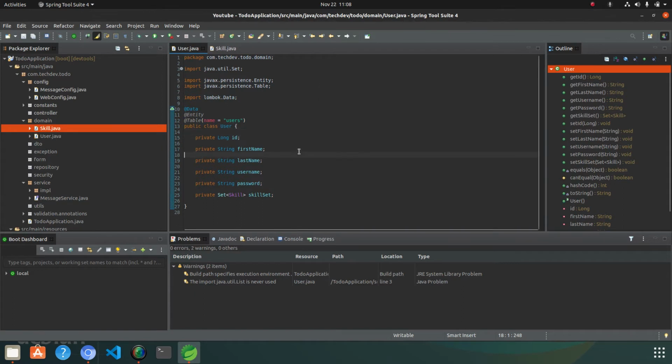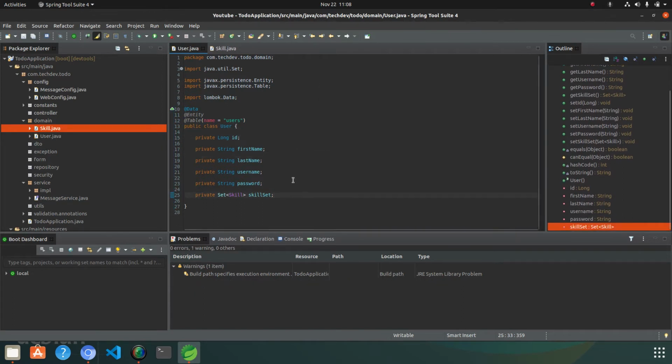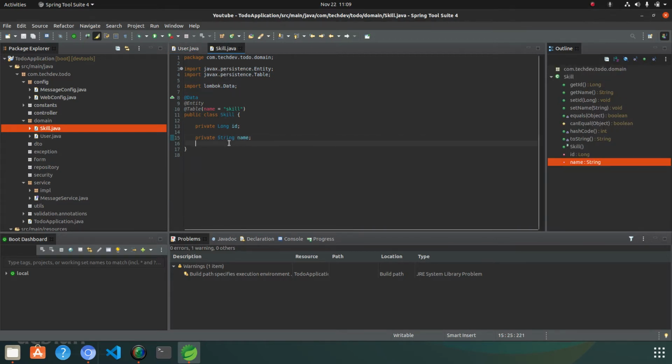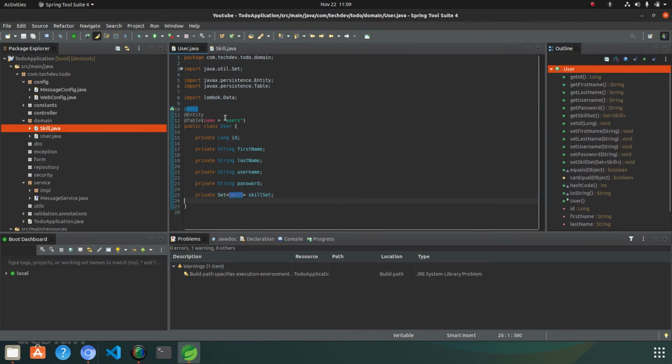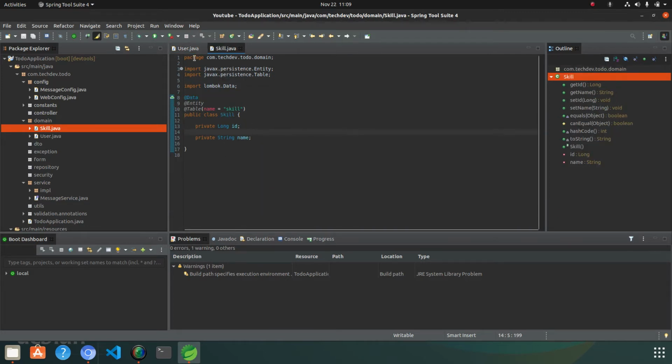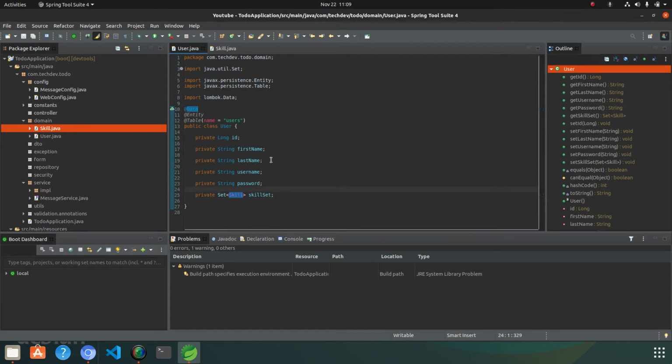I know that most people use the list because it's easy to use, but why should we use the set? You have to understand that we are using the skills here, and the object will be bound here if there is a one-to-many relationship. The user will have common skills, because the skills which we have created, the user will choose from them. So we should use the set here.